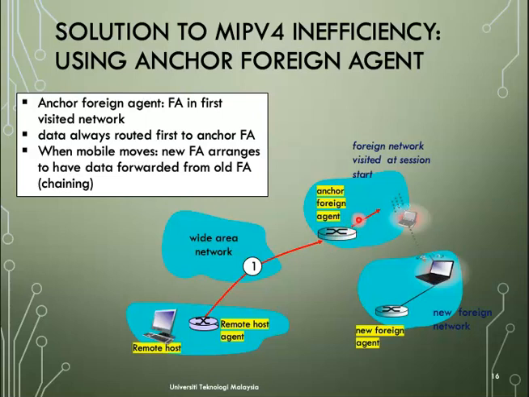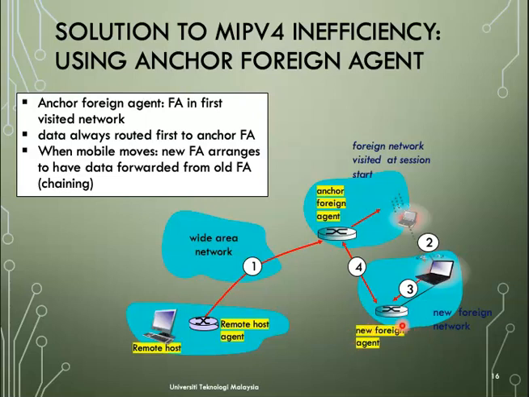Okay, so when the mobile host moves to a new foreign network here, the mobile host registers with the new foreign agent. And the new foreign agent provides the anchor foreign agent here with the mobile node's new care of address. So when the anchor foreign agent receives an encapsulated datagram for the departed mobile node, it can then re-encapsulate the datagram and forward it to the mobile host using the new COA